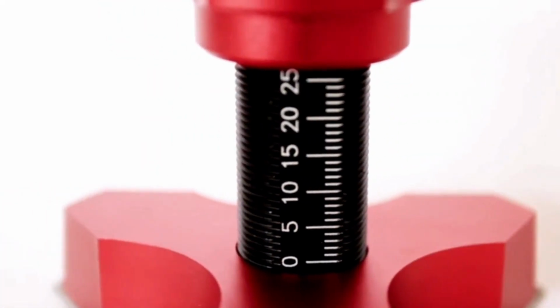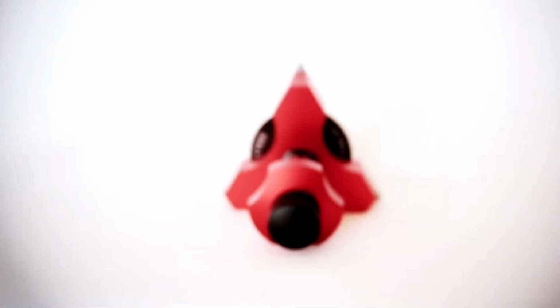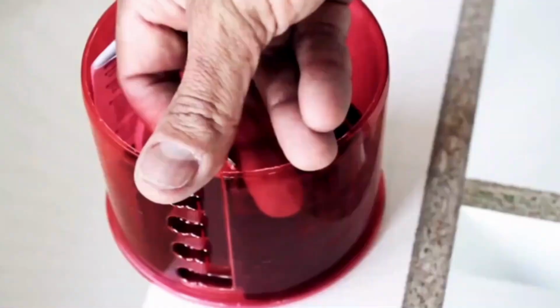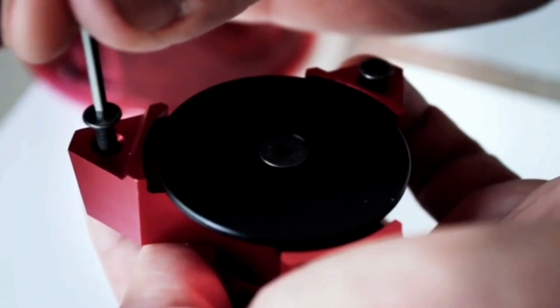Number 26. ThingaMeJig Scribing. The clever tool helps you trace exact outlines of uneven surfaces like walls, floors, or molding, so your cuts fit just right. It has flexible pins that glide along the contour, capturing the shape of tricky edges. Once you press it against the surface, the pins hold the pattern, and you can mark it perfectly on your